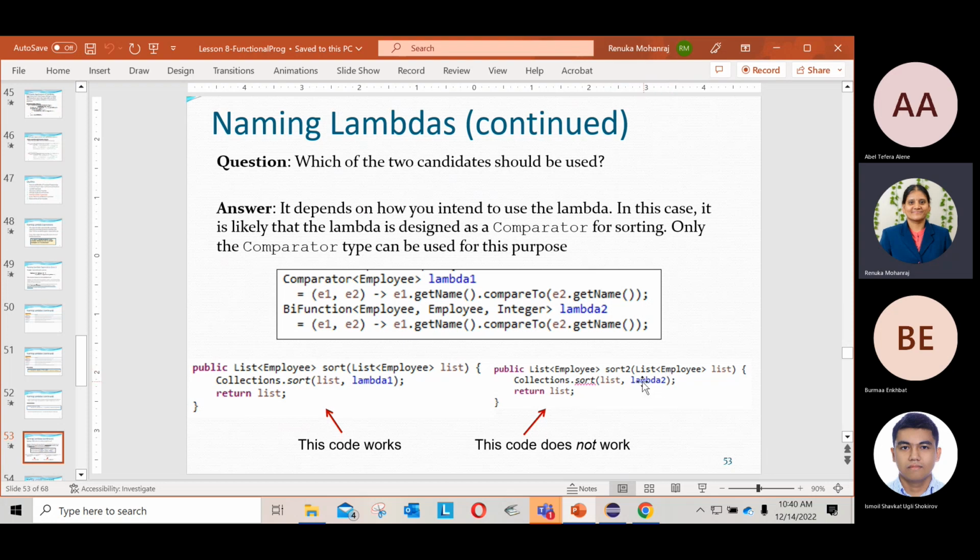Now, this is called functions as first class citizens, because I implemented this method function, so I can pass this function. If I need a compare method function, I can pass it as an argument. That's why all functional interfaces, we can call them first class citizens. Any question on this slide?